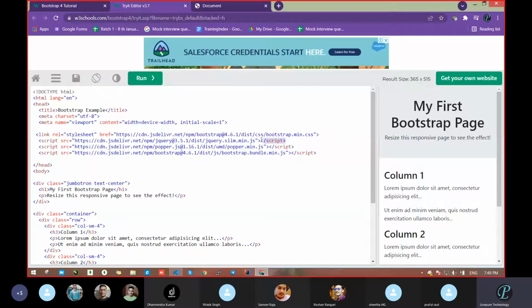In the second one, what is the extension? JavaScript, sir. What about this one? JavaScript also, sir. Again the extension is .js. Who doesn't know, just keep in mind, .js means JavaScript.